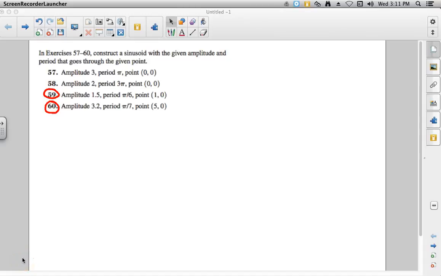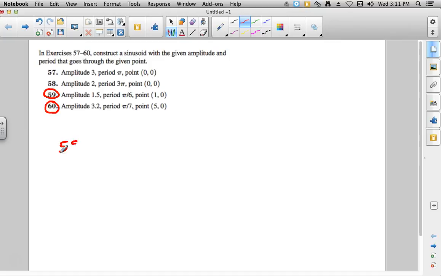These are the frequently asked questions for pre-calculus for section 4.4, day 3. In exercises 57 to 60, it says construct a sinusoid with a given amplitude and period that goes through the given point. So for number 59, it says the amplitude is 1.5, and that's going to be our A value. And then they give us the period